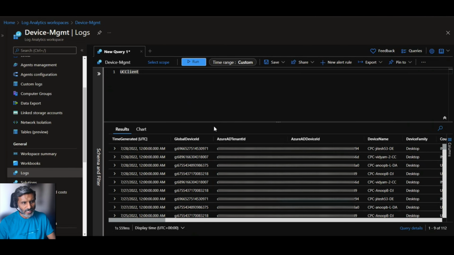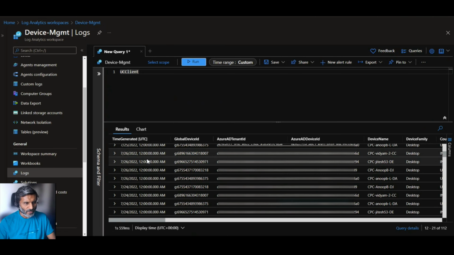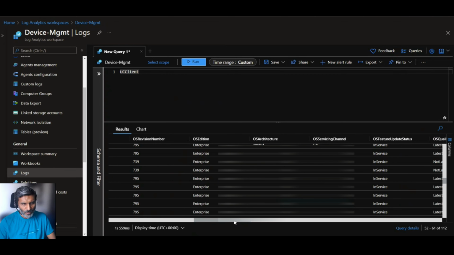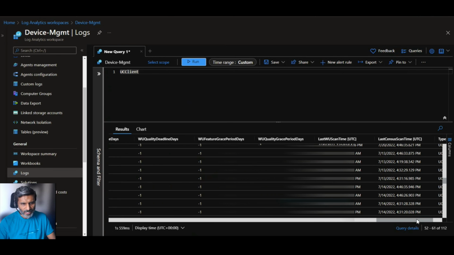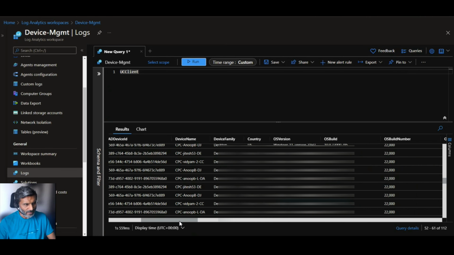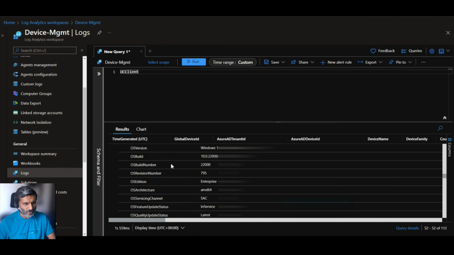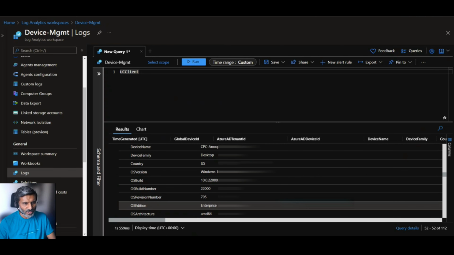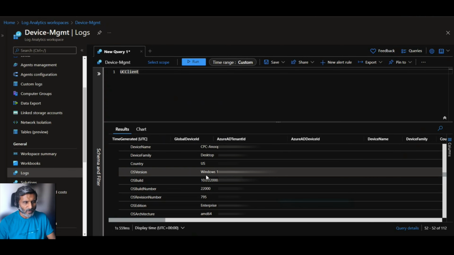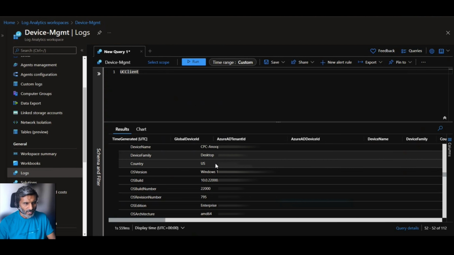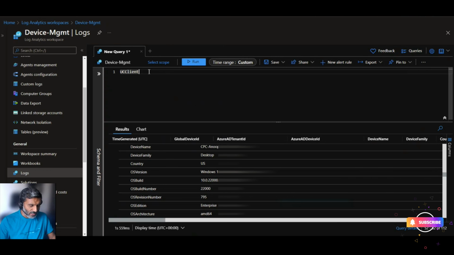See, there are a lot of details available now. As you can see, it is returning a lot of details over here. And if you go to the right side also, you would be able to see all the column details, etc. For example, this is one of the details, and say you want to check all the Windows 11 versions. You can query that based on the OS version. So how that works is,